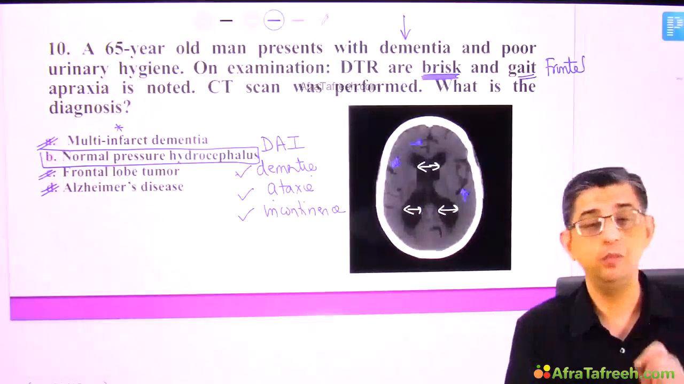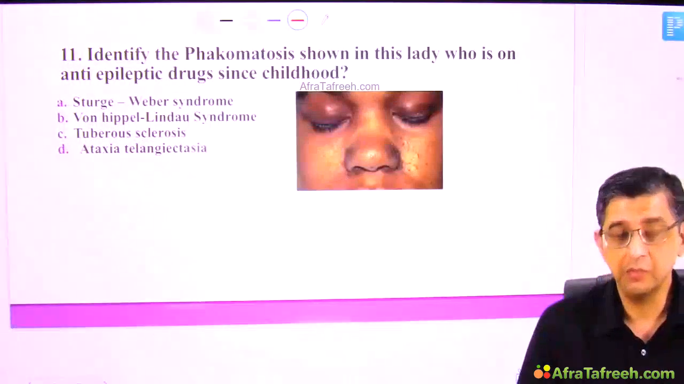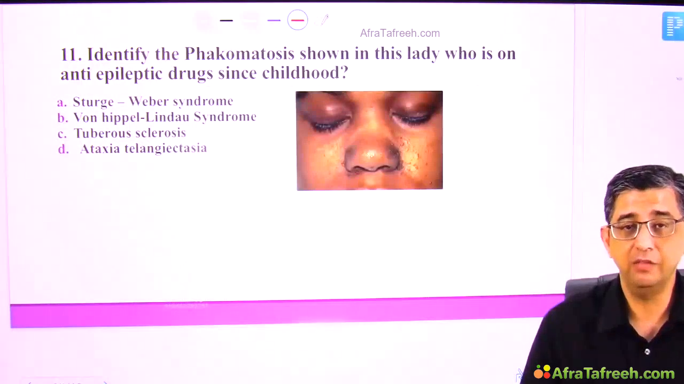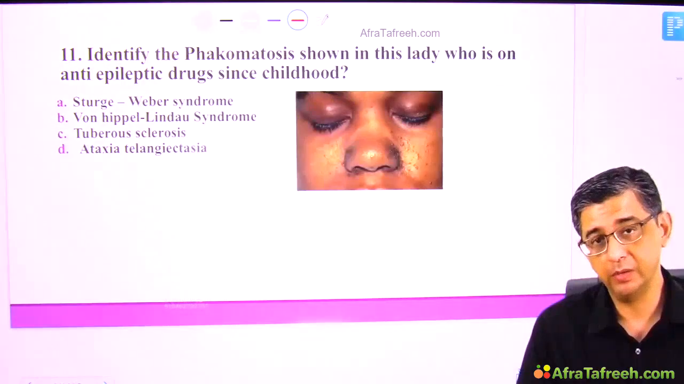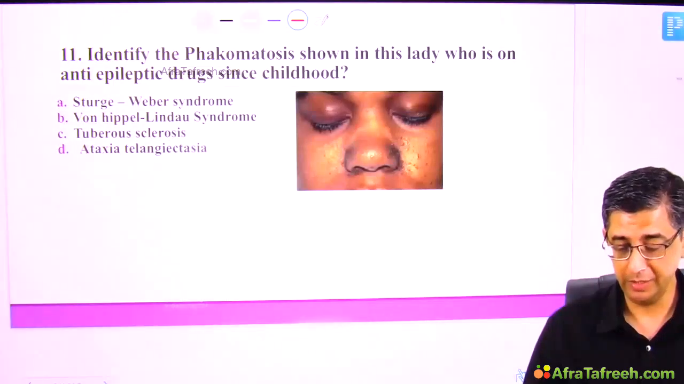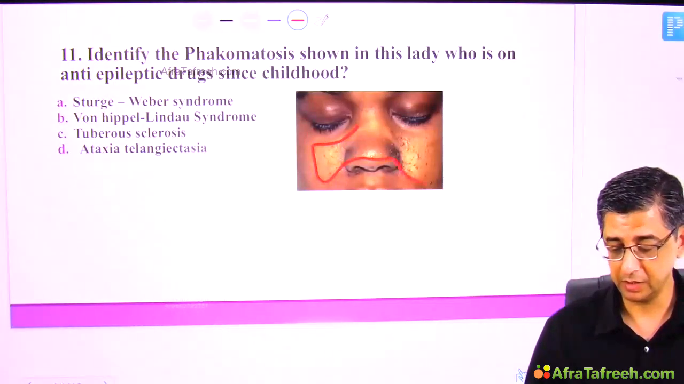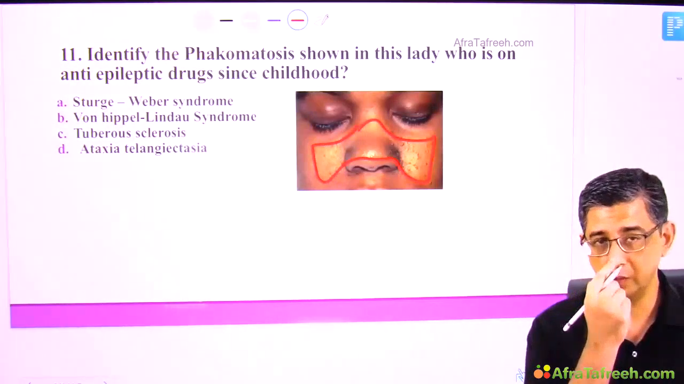I want you to be having both the capabilities to be able to solve such questions. Coming to the next question, we're going to talk about a patient who's having phakomatosis and she's on anti-epileptic drugs since childhood. What you can notice in this patient is a very characteristic acneiform lesions which are present in a very characteristic butterfly distribution. They're present over the malar eminences, somewhat on the bridge of the nose,